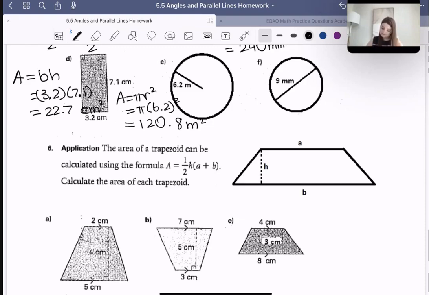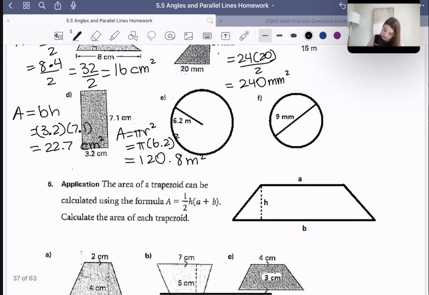Awesome. All right, this last one here for part 1 also looks to me like it's a circle. So that's going to be pi r squared. Now, they don't actually tell us the radius here, but they do say the diameter is 9 millimeters. Now, keep in mind that the radius is half the diameter. So to find the radius, we're going to take the diameter divided by 2, which is 9 over 2, or